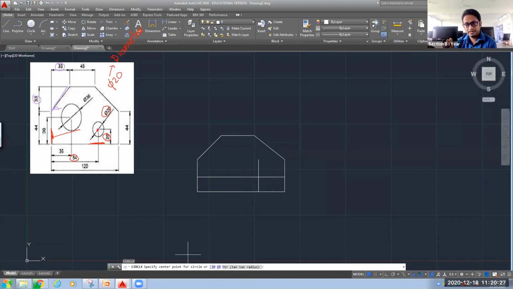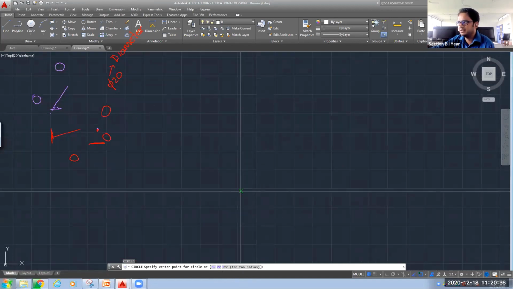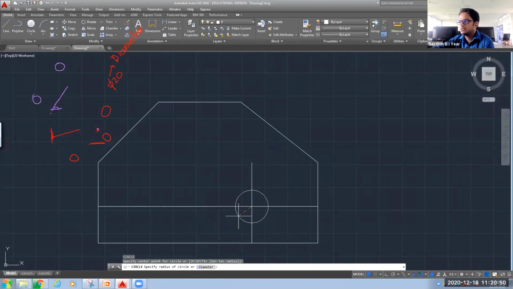Like I know the center point and I know the radius or diameter. So I will specify the center point, which is located at the intersection point here. Intersection. You can see AutoCAD will automatically bring some green color and it will suggest you. Okay. So this is the intersection point where I want to draw the circle.